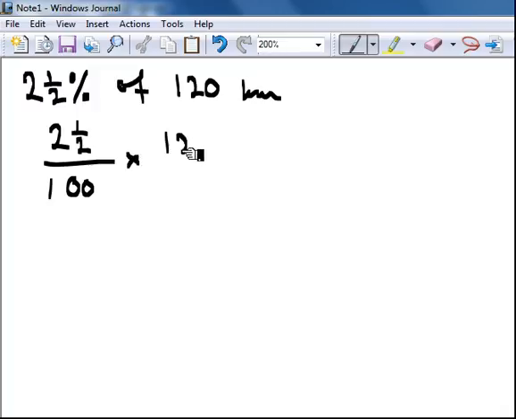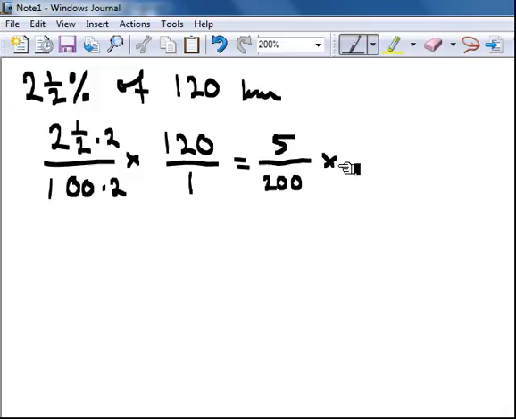Let's write 120 as 120 over 1. We don't really like fractions that look like this when I have 2.5, so we're going to take this times 2, and then we have to take this times 2 as well, because 2.5 times 2 is going to be 5, which is an even number. That's much better. So 5 over 200 times 120